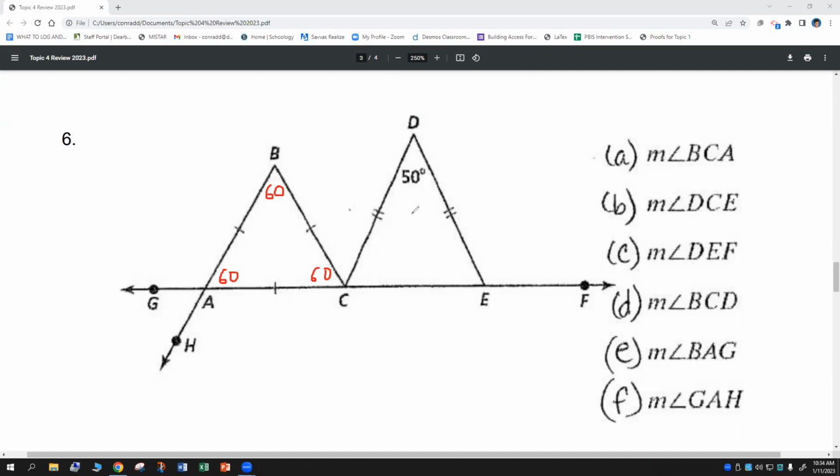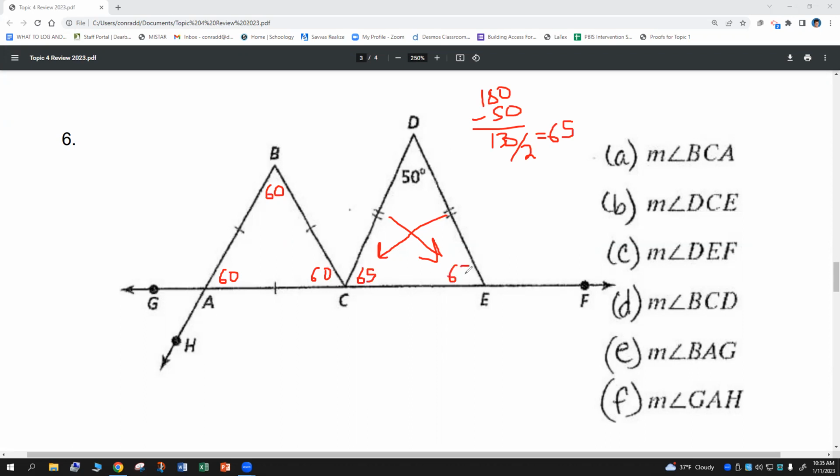So since I have isosceles, I'm looking at the 50 here, and that's my vertex angle, right? My bases are across from the sides that are congruent, so that means this is the vertex angle. So we're going to do 180 minus 50, and then we're going to split it in half. We're going to divide by 2 and get 65, right? So these 2 angles have to add up to 130, and they have to be equal to each other. So that's why we divide by 2, and we get 65